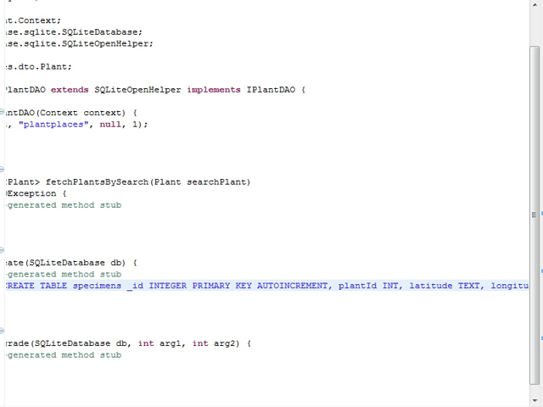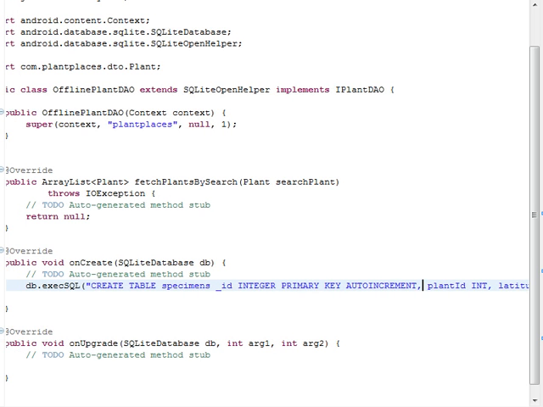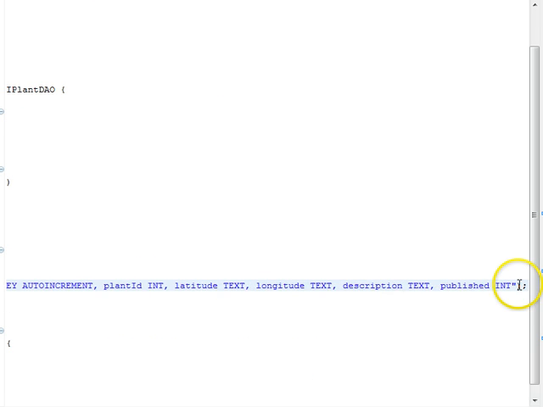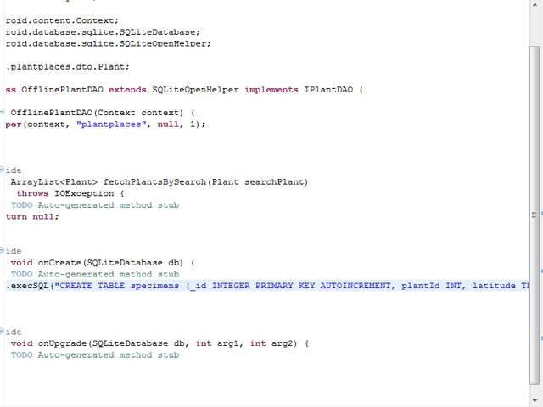Looks like I'm missing a comma here. And again, this is tricky because we are hard coding a string, and you know what? I see something else I'm missing. Yeah, we have to be very careful. After create table specimens, we need an open paren, and then we need a closed paren within the double quote, and then a semicolon. Like I say, this is pretty nasty because we basically have a SQL statement